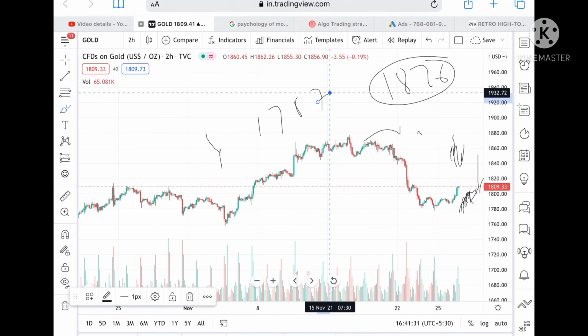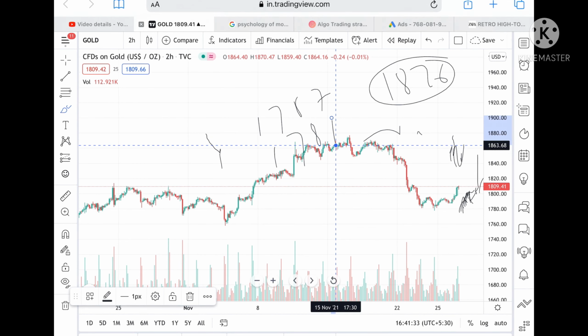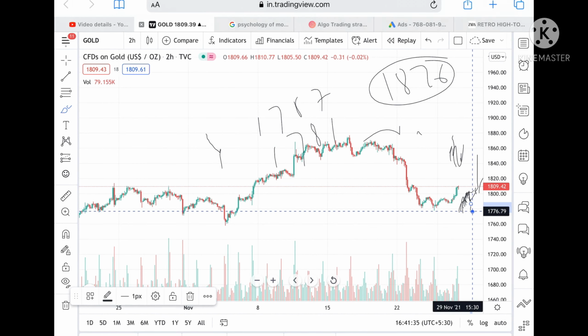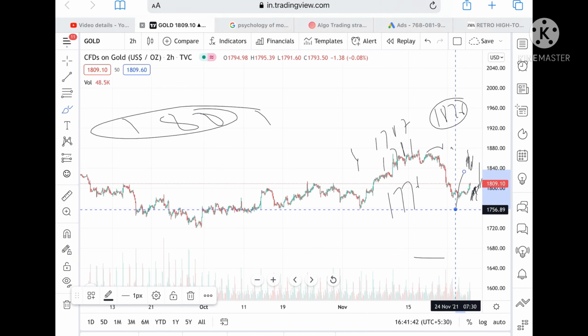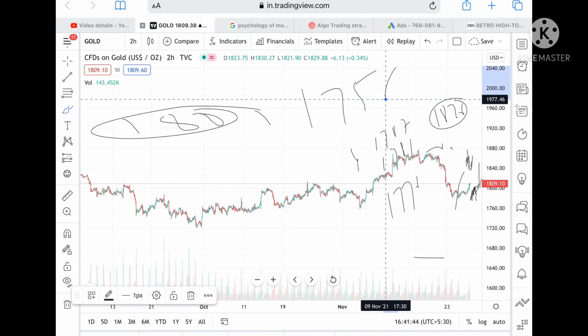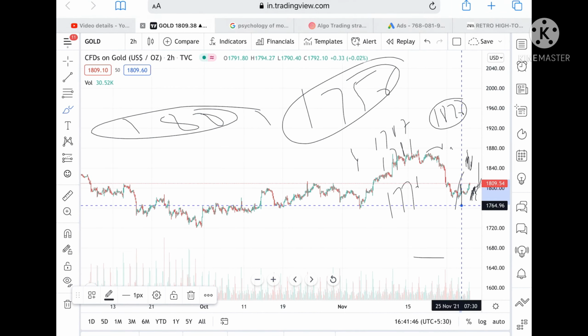From there we can see it can go and touch a level of 1781. So if it goes below a level of 1787, it can go and touch a level of 1781, and from there we can see a level of 1776. Okay, so if the price goes below a level of 1776, then we can see it can further go touch a level of 1756. Okay, because all these levels are touched twice, the support being tested twice and thrice,